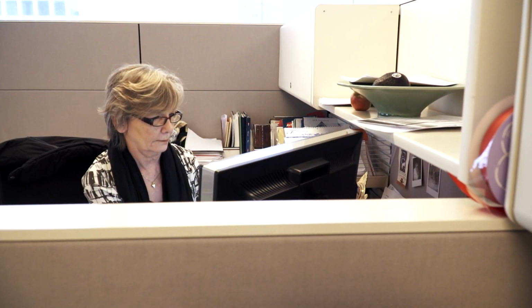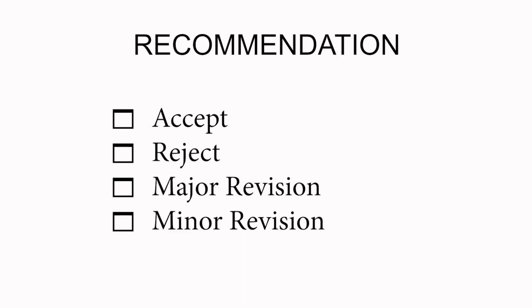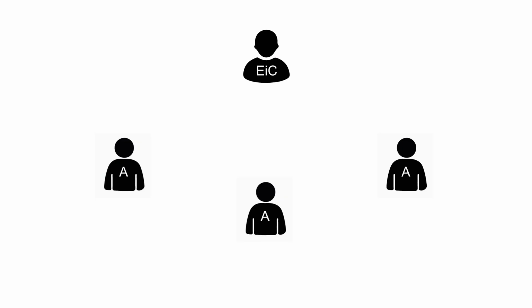Once you have enough quality reviews, you write a summary that includes revisions you expect the authors to make and make a recommendation of accept, reject, major revision, or minor revision. Major revisions mean that the reviewers will be asked to re-review the revised manuscript. Minor revisions indicate that you feel the paper is close enough that you will be able to check the revisions yourself. When the editor-in-chief finalizes the decision, your text will be sent to the authors along with the reviews to explain the decision and help the authors improve the paper.